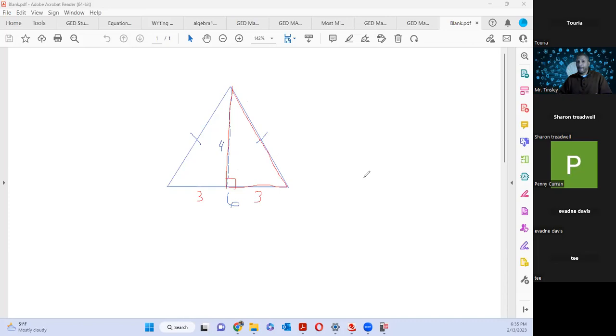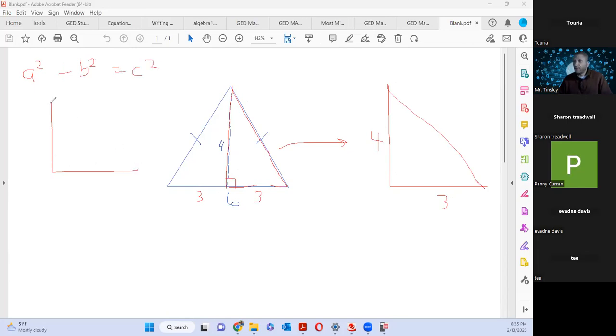Understand that? So now we pull that out and we get one triangle where this side is 3 and this side is 4. Remember, our formula is a squared plus b squared equals c squared. When we talk about the Pythagorean theorem, this is your leg A, this is your leg B. It doesn't matter what you call A and B; you can switch those. But the side opposite the 90-degree angle is always your C, called your hypotenuse.